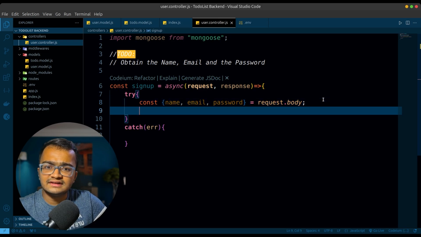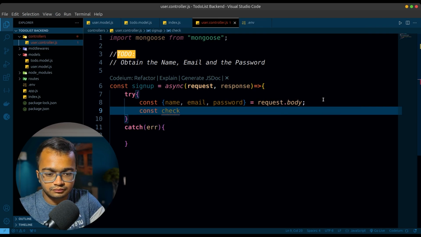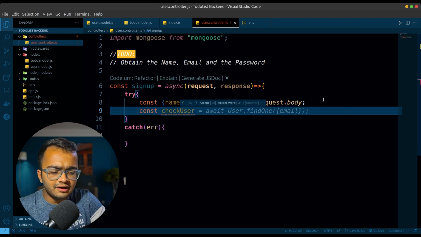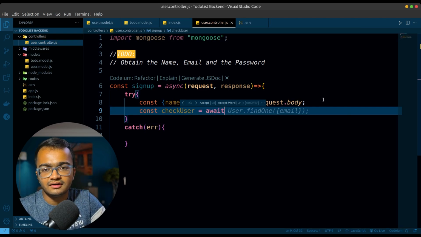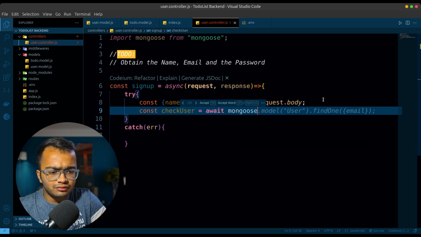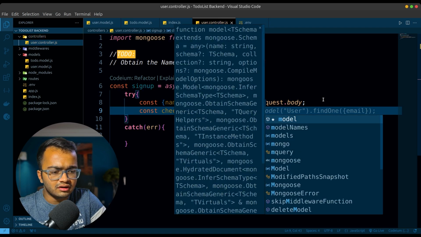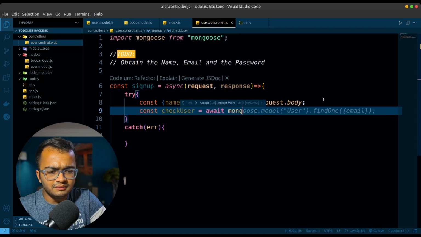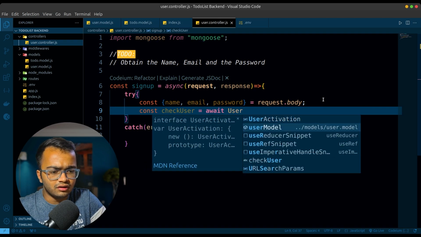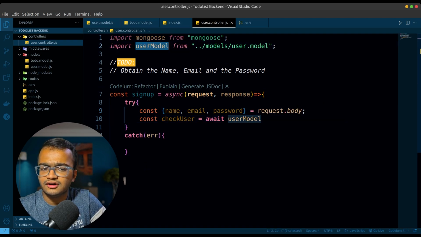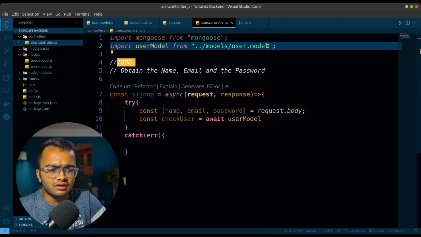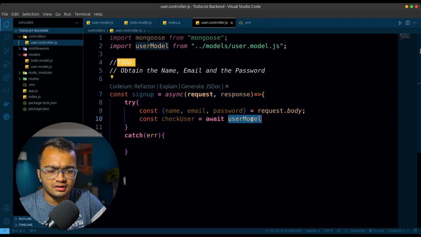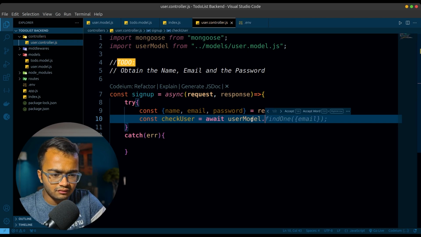Now I have to first check if the user account already exists. So how will I do that? So const check user equal to await. Now since my database is in some other location, I need to use await. mongoose.model. So let me just import the user model. The user model is imported from user.model.js. Okay, so await userModel.findOne